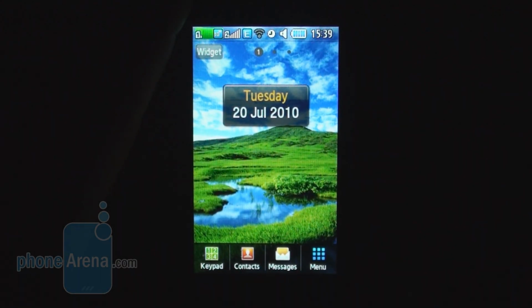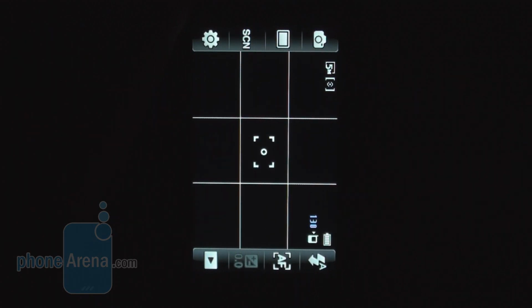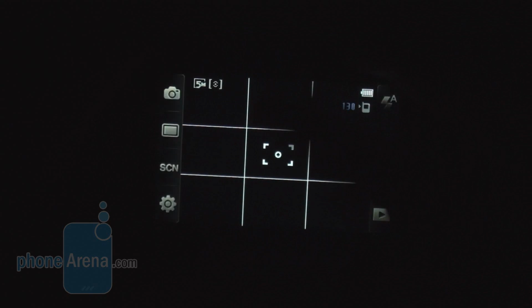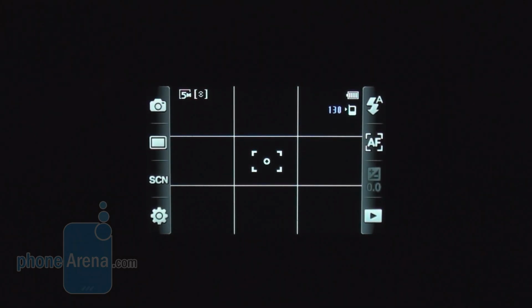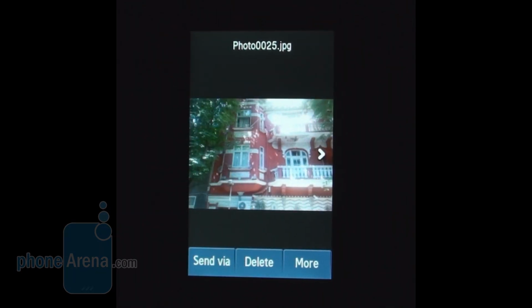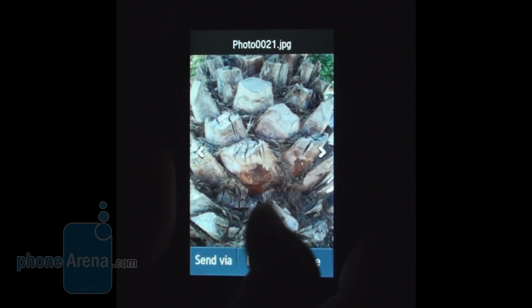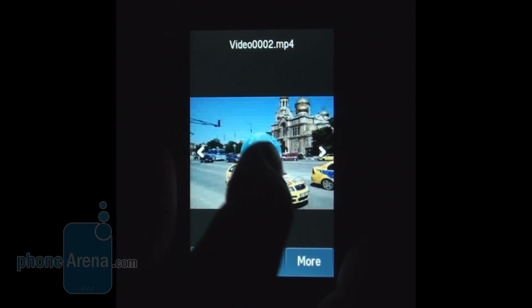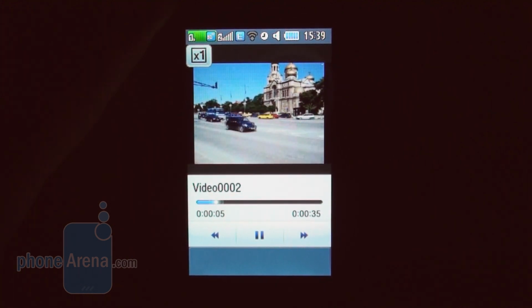The camera interface is also the same one that comes with most feature phones or smartphones from Samsung lately. A lot of options. Unfortunately, from here is the only way to access something resembling a gallery, from this quick view button in the lower right corner. That's how the gallery looks, and only from here or from the file browser can you play videos. The video player is pretty basic actually. Not much settings on it. It plays MPEG 4